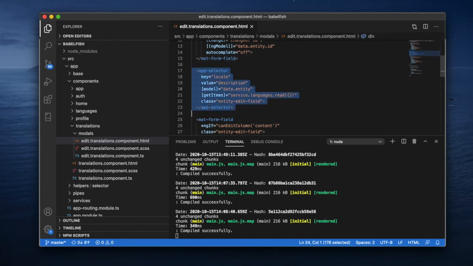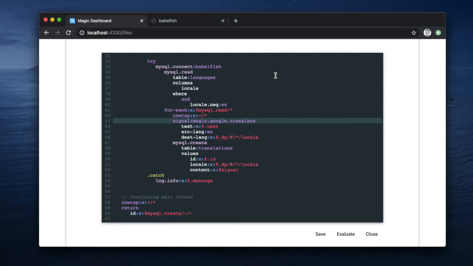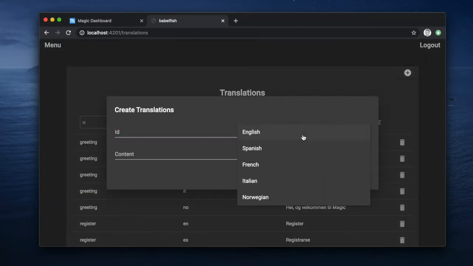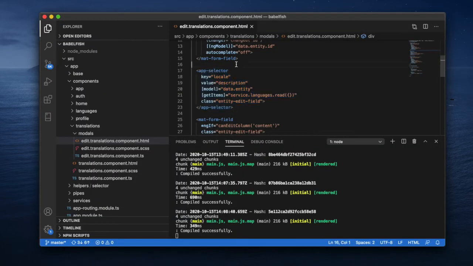I created an app selector which looks up the description from my languages table instead of requiring the user to type in the 2-letter ISO language abbreviation, which allows me to do things like this. This is where the drop-down select list kicks in, basically. Yet again, in the description of this YouTube video, there is a link to an article where I will publish